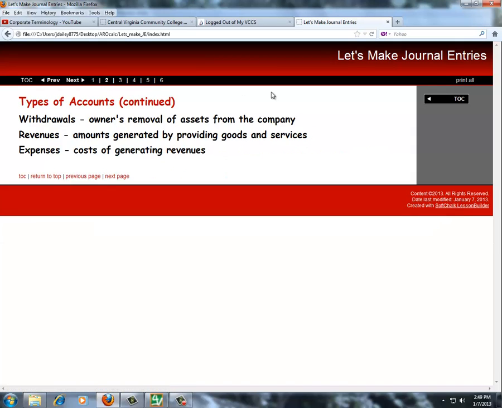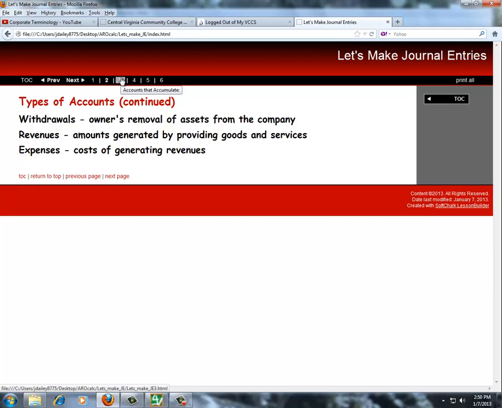The next slide shows withdrawals, revenues, and expenses. These are the remaining 3 accounts. There are a total of 6, and the withdrawals represents amounts that the owner has removed from the company in the form of assets, either cash or other assets, and he needs to remove assets in order to pay for